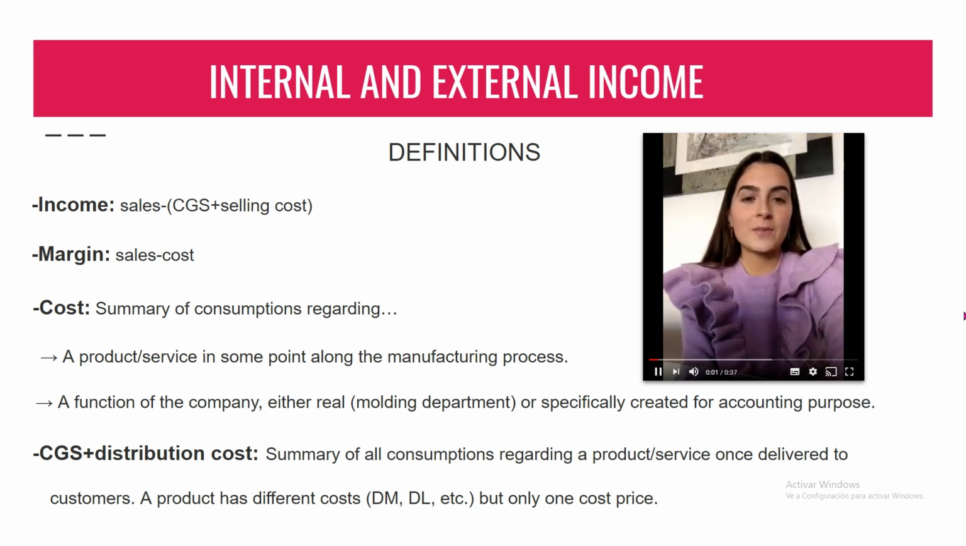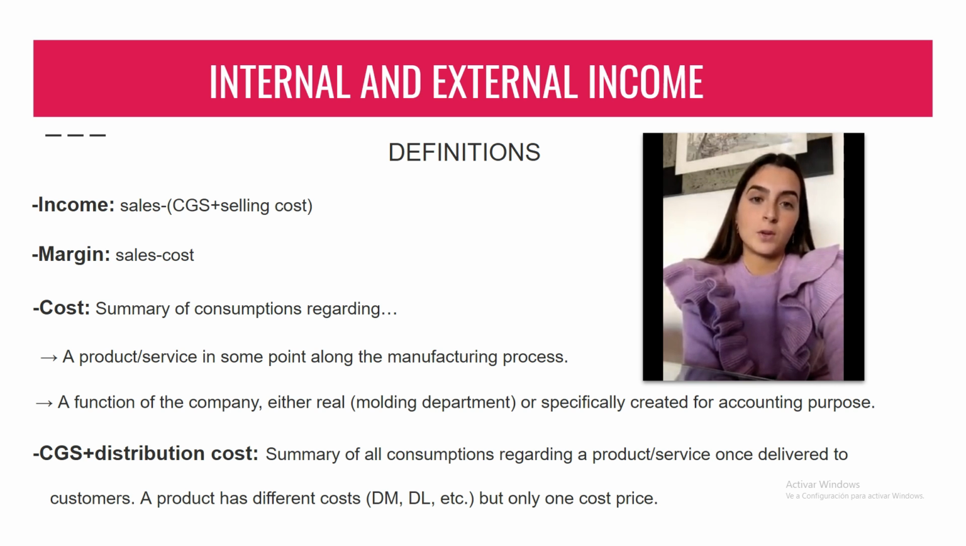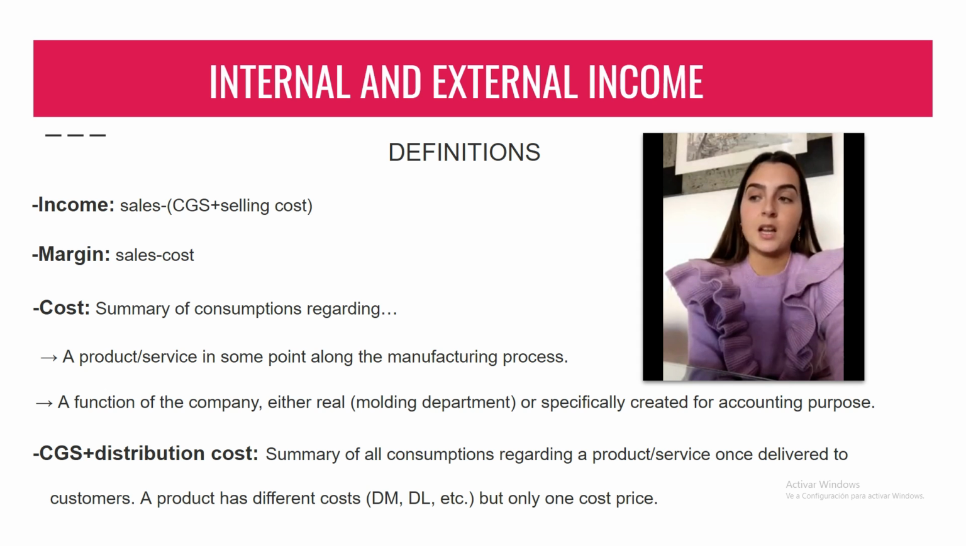Well, now we have some definitions. Income, which is the difference between sales and the sum of CGS plus selling cost. Margin, which is the difference between sales and cost. Cost, which is the summary of consumptions regarding a product or service at some point along the manufacturing process or